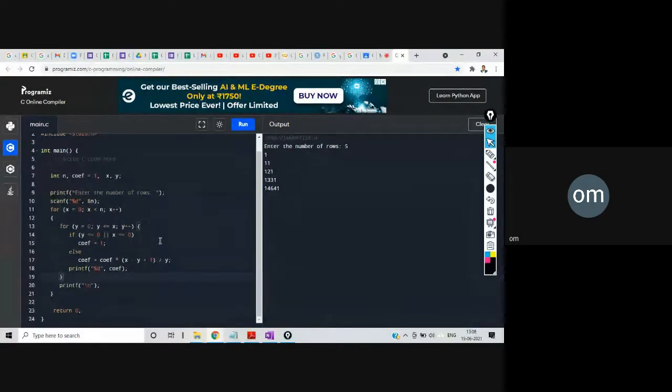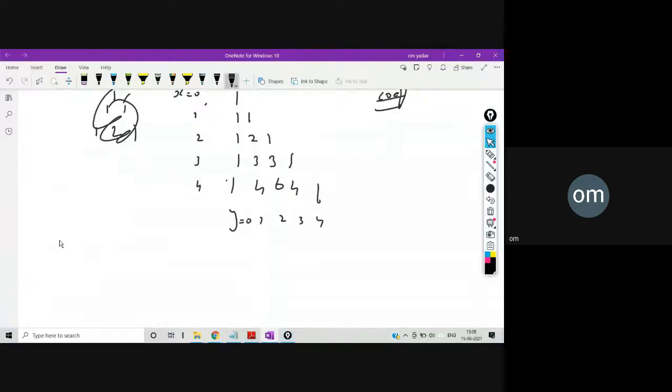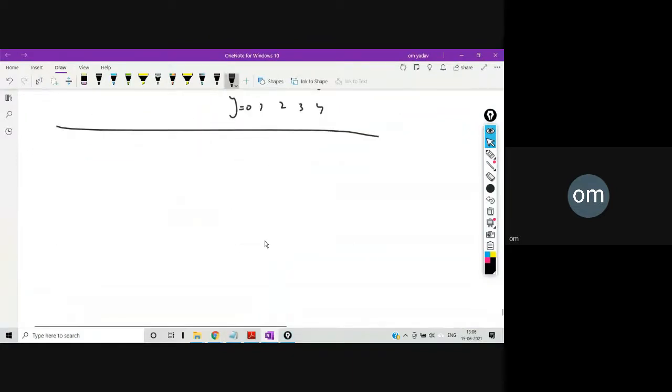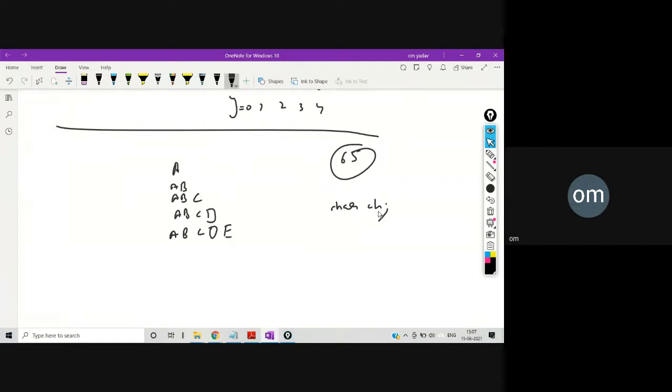For example like this, suppose a pattern is given to you: A, B, C, D, E, right? So we know that the capital letter A has 65 as its ASCII value. We have to take care of ch, right? And if we initialize even ch by A like this, then the ch variable will have the character A in this.